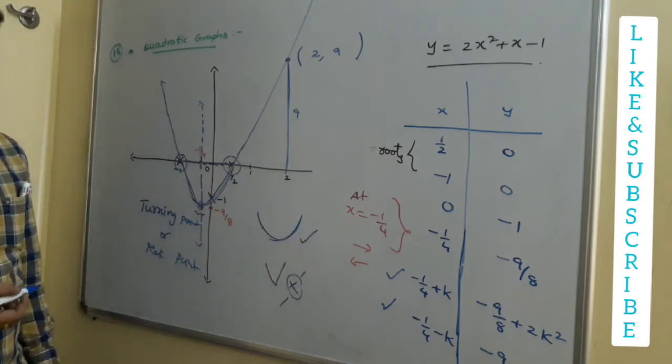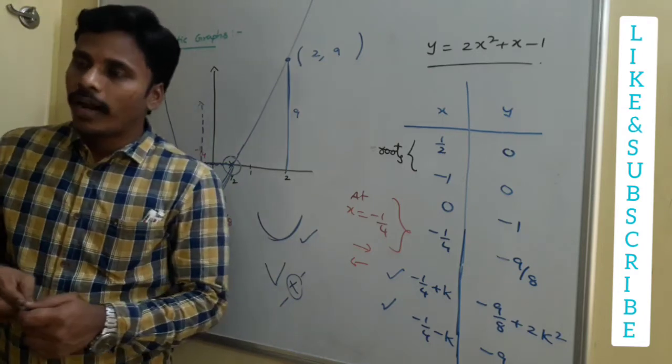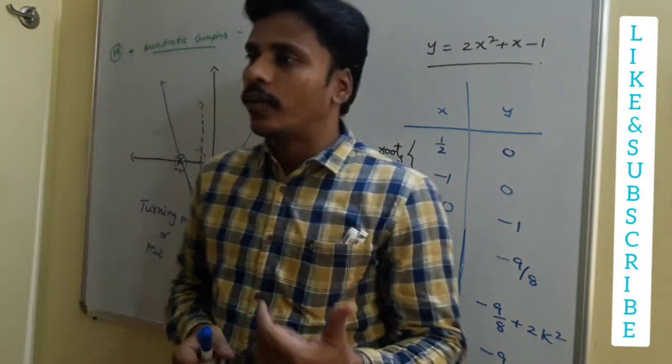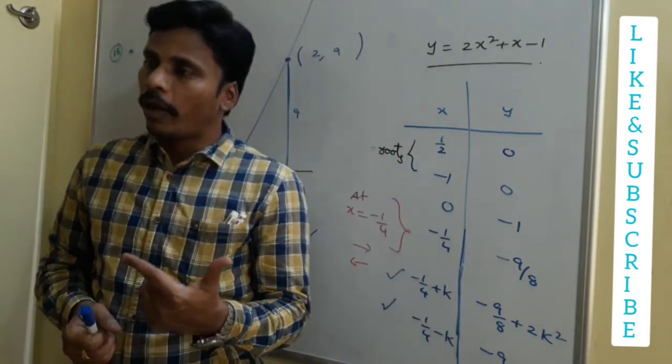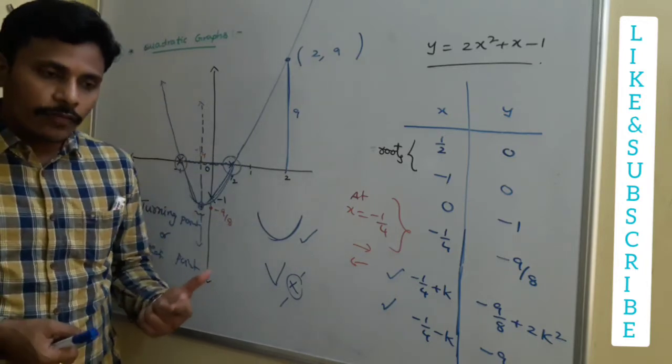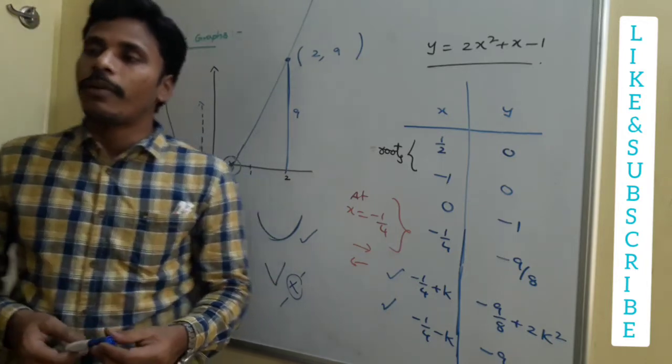Okay? Have a look at this. Once again, I am repeating: before drawing the graph, you need to find out the zeros as well as the turning point using algebraic ways. With those, you need to construct a rough sketch of the graph. And after having the rough sketch, it is easy for us to answer many questions.